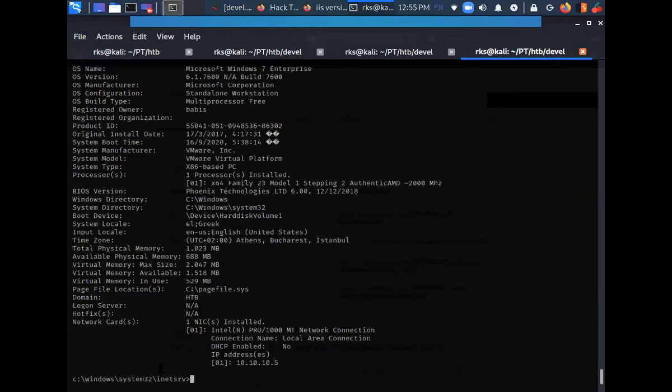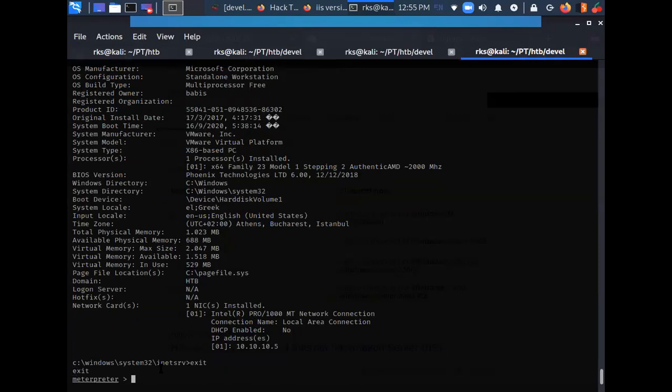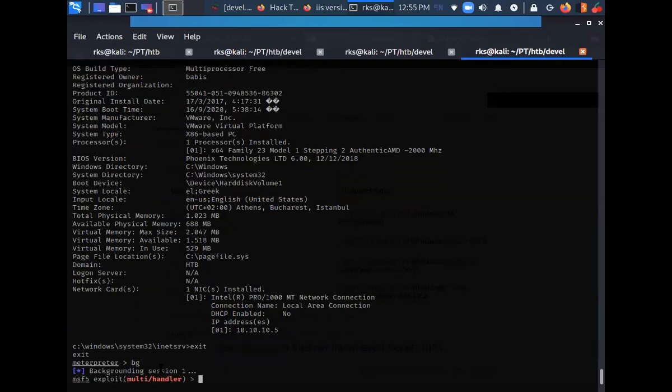Let's exit from the shell. I'm back in my Meterpreter, and let's do bg, which backgrounds the session, and search for suggest.